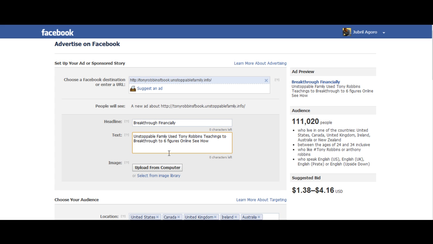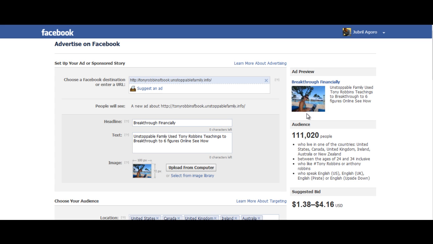And that is specifically what that ad and the web page focus on. And I put the name of the family that they're going to be seeing in the video. Use Tony Robbins' teachings to break through to 6 figures online. See how. I talk about what the ad is about, what the website is about, and use the person that's being targeted in the ad, and then I put that word breakthrough again because people are looking for that breakthrough. And then a specific dollar amount, which they did online, and I say see how. Now I'm going to talk about the picture that I'm going to be using.